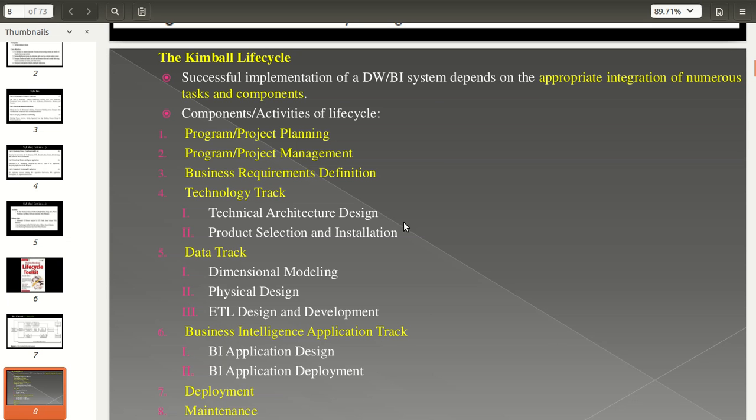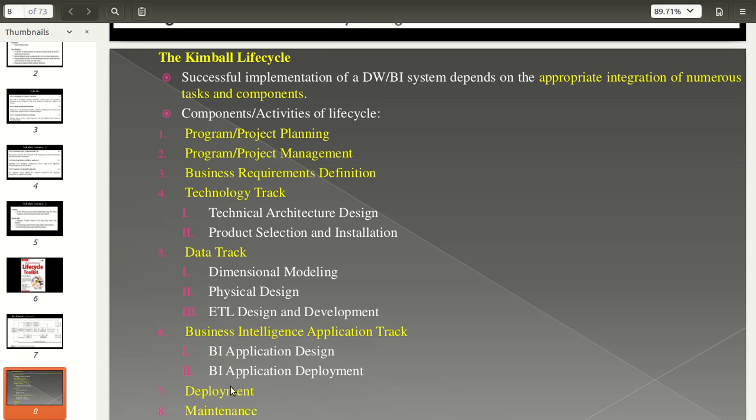Here you can check that successful implementation of a data warehouse or BI system depends on the appropriate integration of numerous tasks and components. Those are the components. The first component, already discussed, is project or program planning, then management, then business requirement definition, then the technology track, data track, and the next one is the BI application track, then deployment and maintenance.